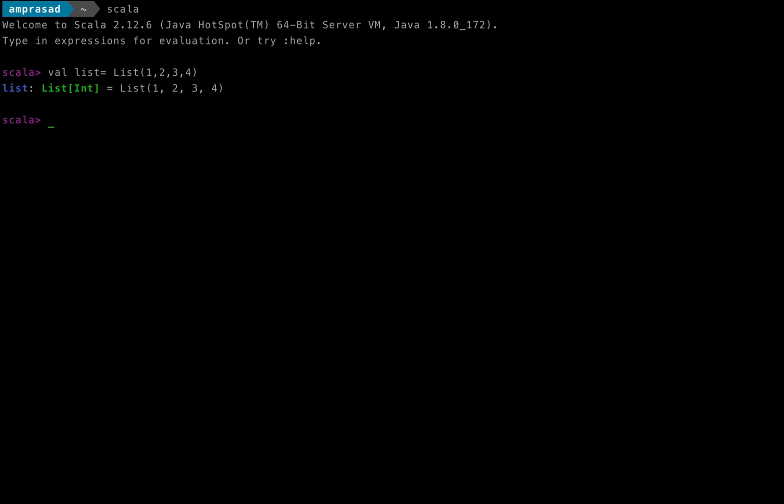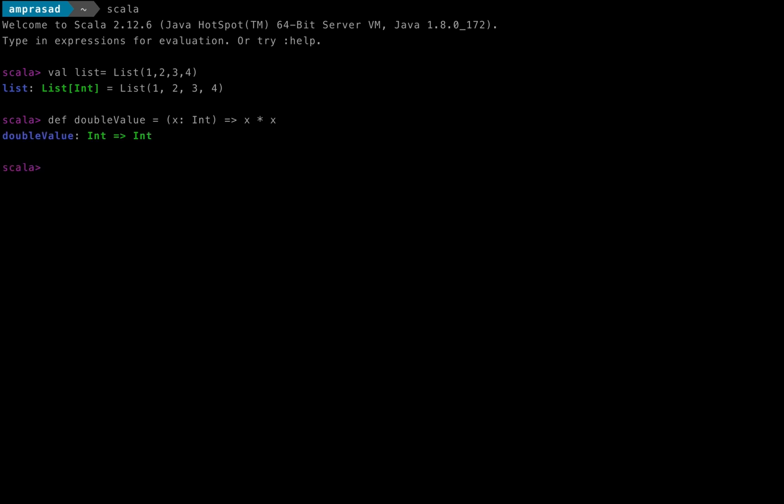Now we will create one function. Let's say def doubleValue, which will take one integer and double whatever value we pass.